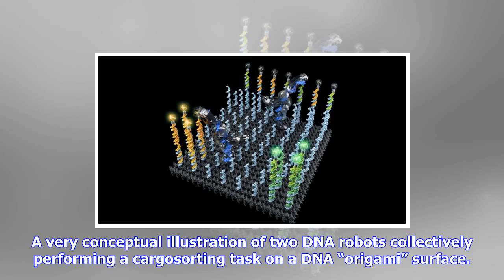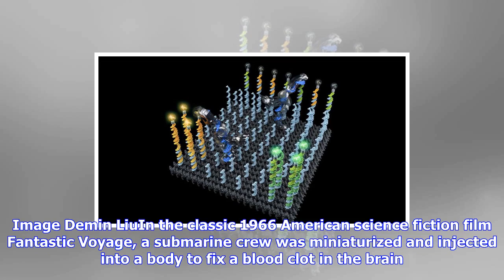A very conceptual illustration of two DNA robots collectively performing a cargo sorting task on a DNA origami surface. Image: Demon Lewin. The classic 1966 American science fiction film Fantastic Voyage, a submarine crew was miniaturized and injected into